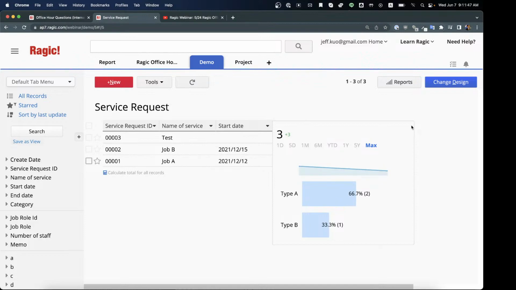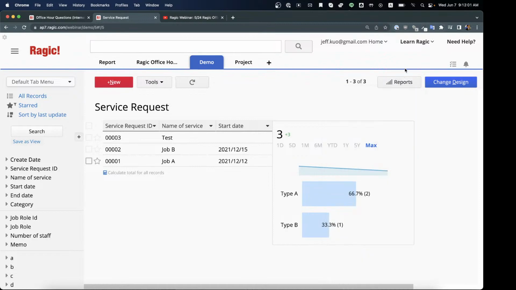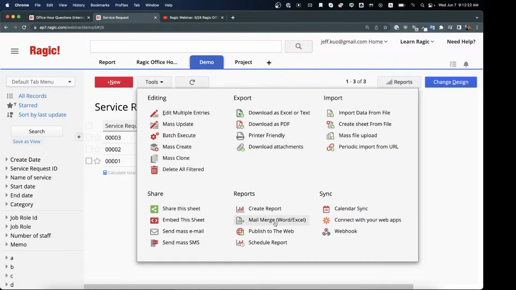So basically, you could add any number of widgets on the sheet to make it look like the report that you're looking for. And I think this will be more suitable than the reports that you tried out, because these reports are generally for analytical purposes. So usually it's for you to analyze your own data. But if you have certain specific output formats that you are looking for, you would usually be better off with this kind of widgets, or maybe a mail merge report,